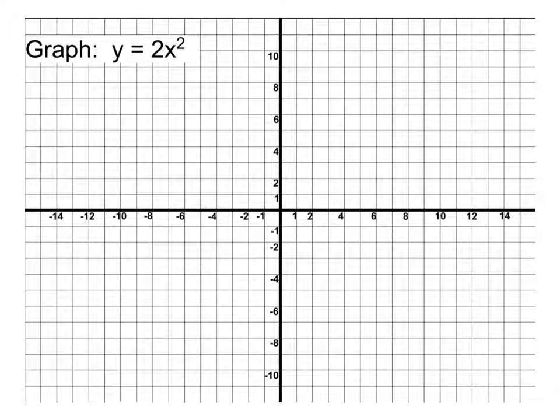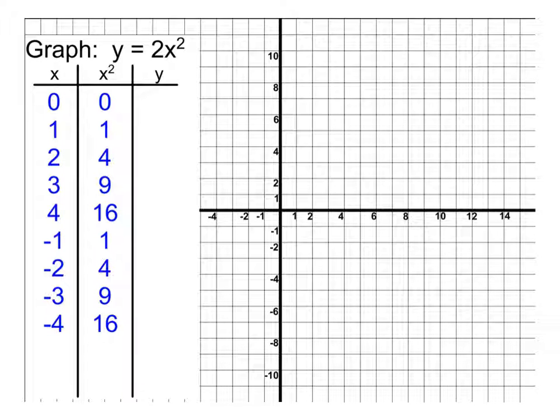All right, today we're going to be seeing how to graph problems that look like this. What makes this different from anything we've done before is that 2 that is multiplied by x squared. The only thing we've ever had in front of x squared up until now was a negative. All right, so in order to graph this,